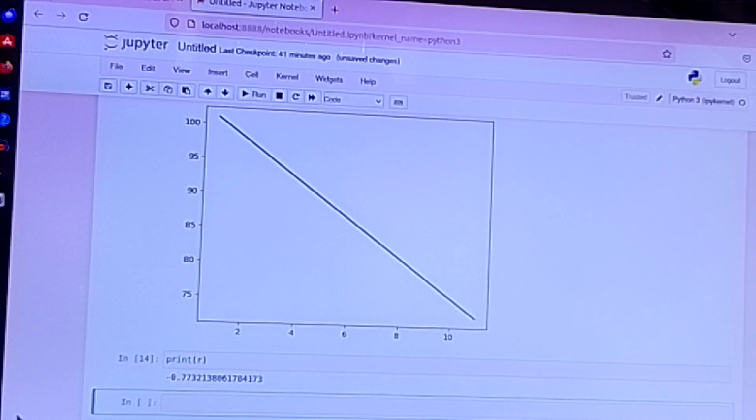Now I will predict the values for a car that has the age of 6. So I will predict the speed for the car which has the age of 6 years. Okay, so let's write the code for that. For that we have to